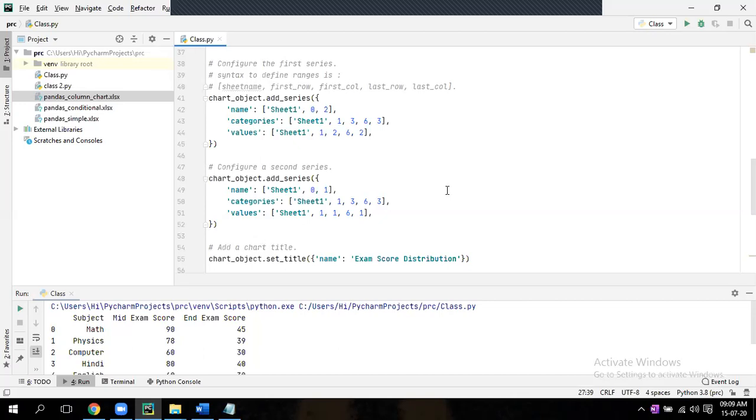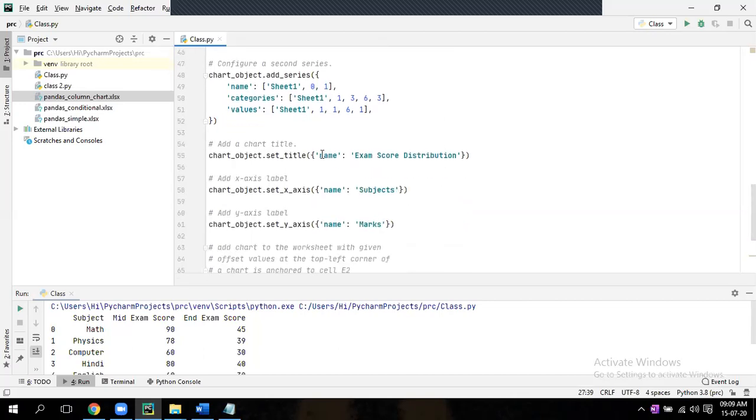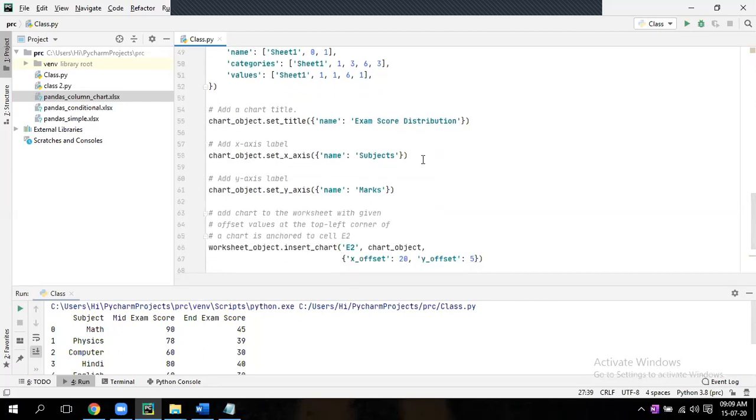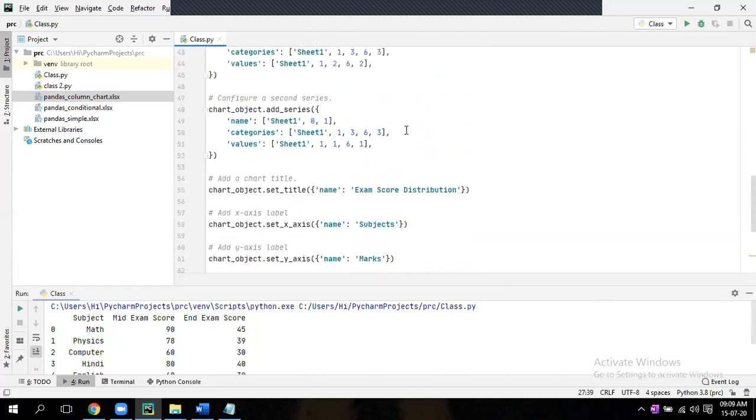So you can name the categories and values, whatever you want to put here. Now add chart. Come down. In the add chart, we are setting the title. You can put the title as this, and x-axis equal to subject, y-axis equal to marks. Okay, so you have set all this.